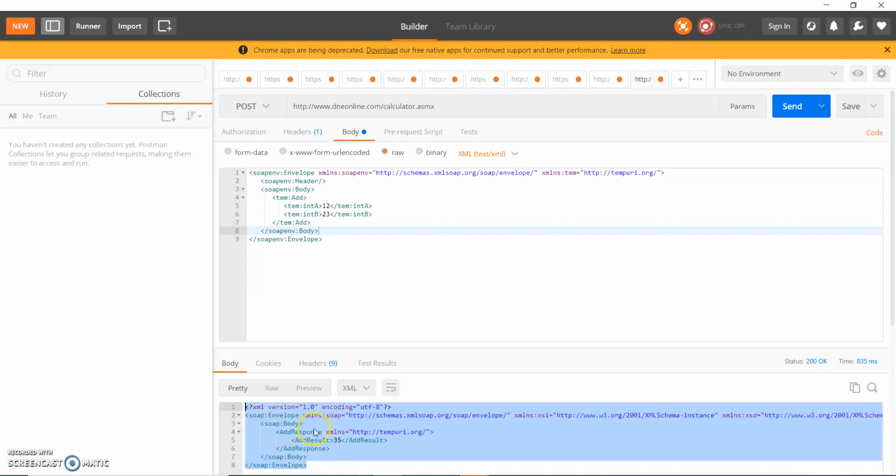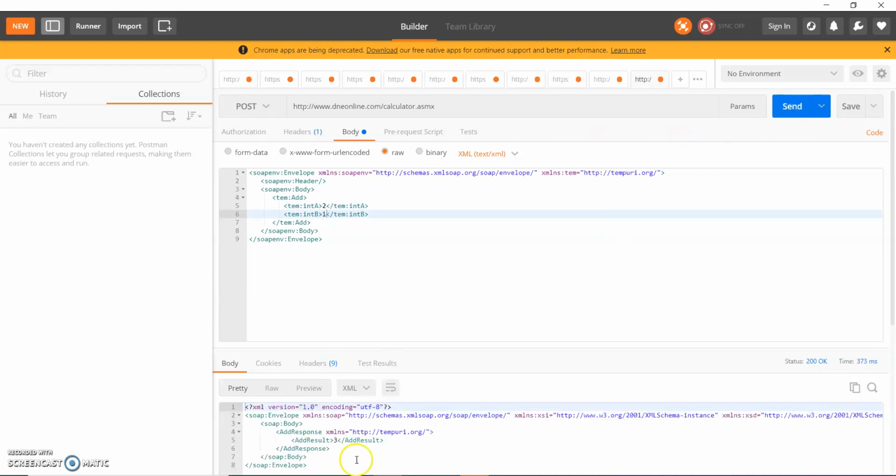This is the request which I sent: I need to add two numbers and it gives me the result. Now suppose I only need to add 2 and 1. Again I press send and you can see as a response I get 3. So all this is a SOAP request.